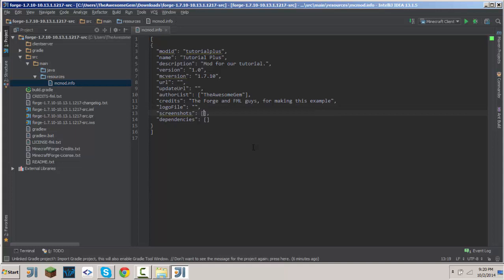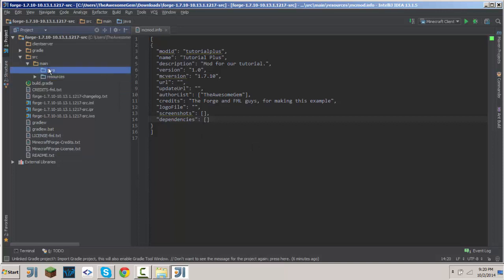And screenshots for extra screenshots of the mod itself. And dependencies is if this mod needs any other core library or API. If it's using an API from another mod, then you have to put down the mod ID in here. So yeah, that is about it for the mcmod.info. So now let's go ahead and create a new package and code our first